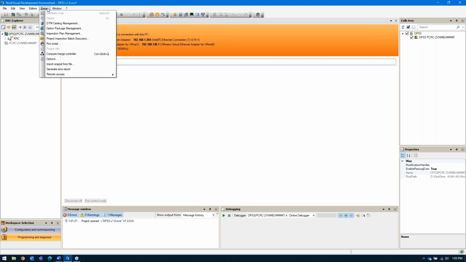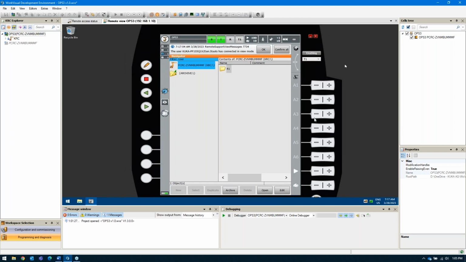And then after that is established, we go back to the remote access, and there's 3 choices here. You can connect to the selected IP. If you had several IPs connected on your cell tree over here on the right, you can connect to all of them if you want, or you can enter the IP address manually. I'm just going to connect to the selected IP, and then up pops